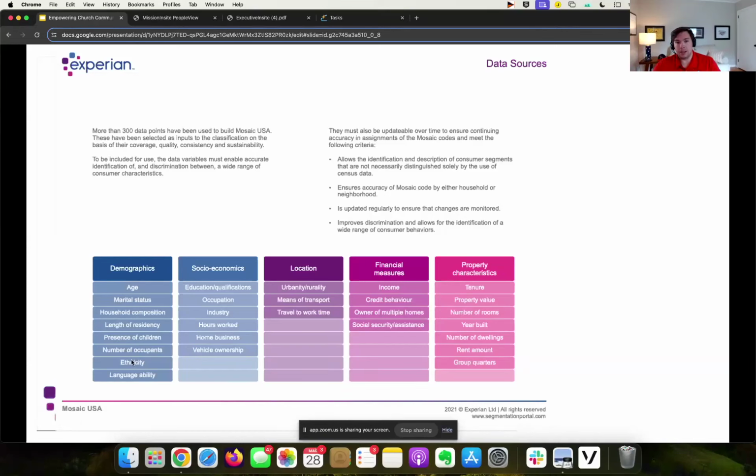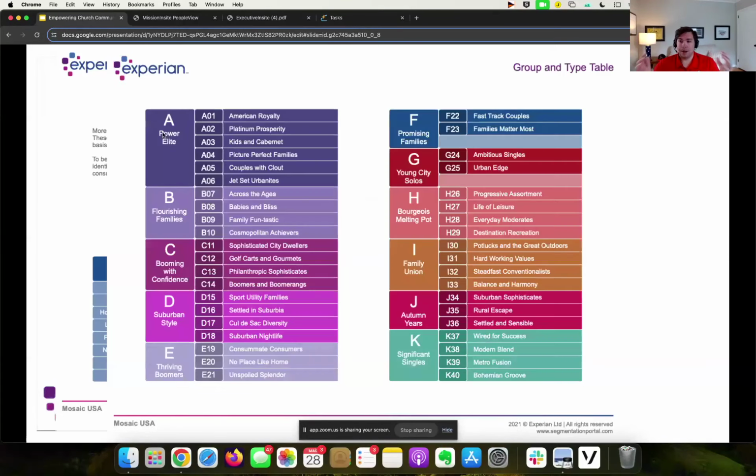And really, I'll kind of summarize it with this one sentence, and you can read it on this handbook here at the top. But essentially, they take over 300 data points on us, me and you, and they create a range of what they call consumer characteristics. With all of that data, they then compile Americans into different segments. And there are 71 of these. We're gonna dive into a few of these, but there are 71 individual segments.